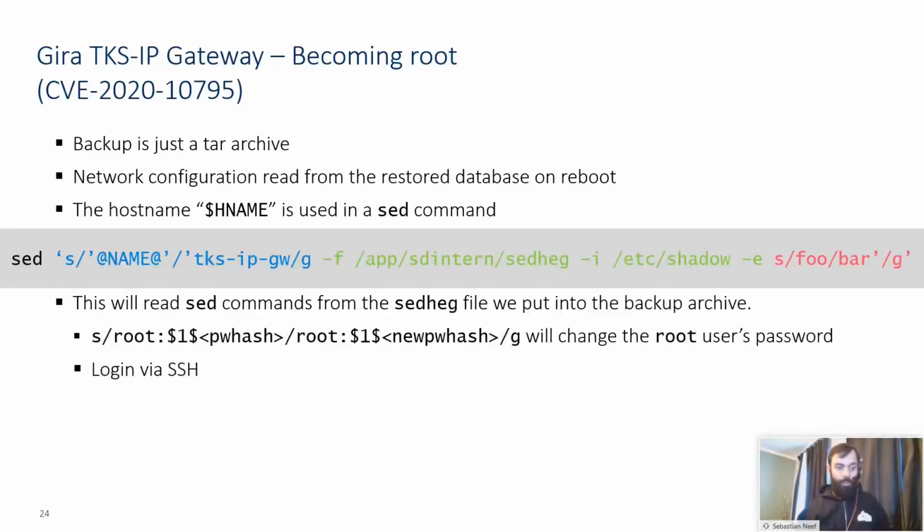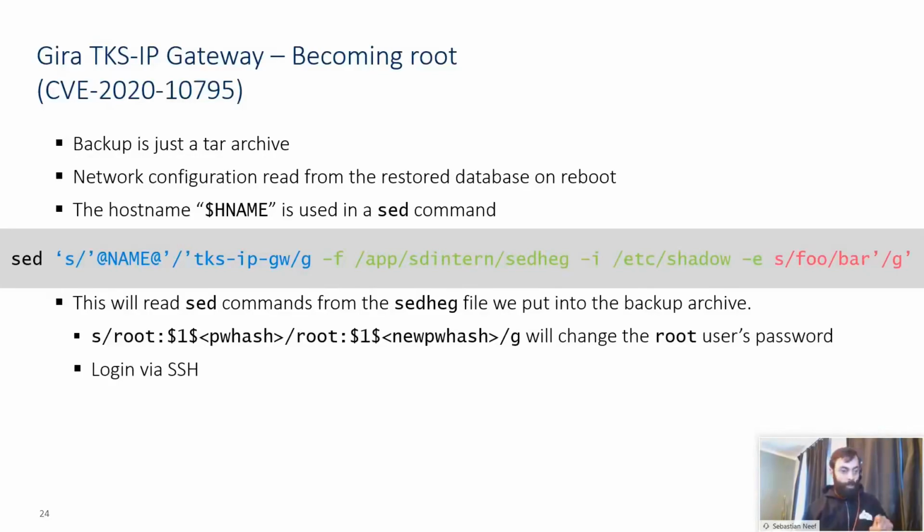So what did we do with this kind of attack? Well, we thought, okay, we can download the etc shadow file, so we know the password hash of the root user. And with this command, we can actually give it more instructions to modify this etc shadow file. So why not simply replace the old password hash with a new one? And that's what we did.